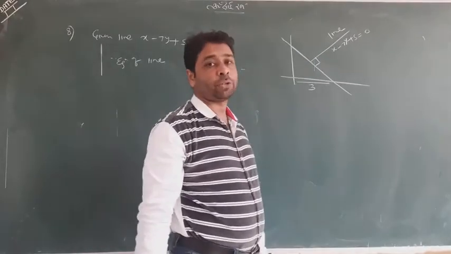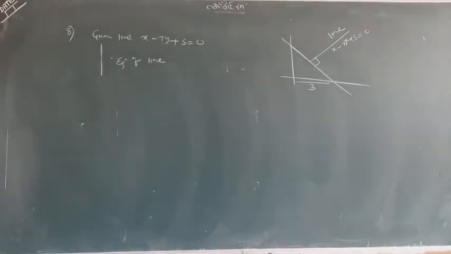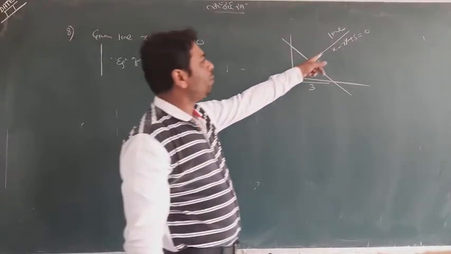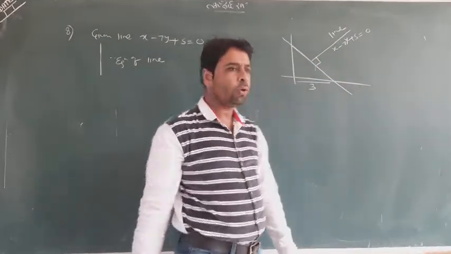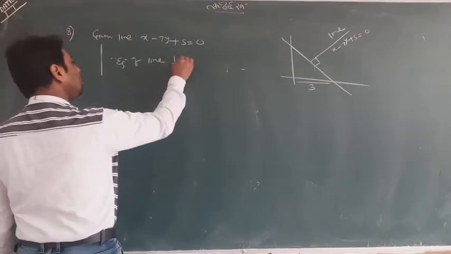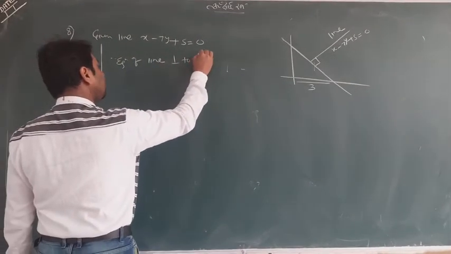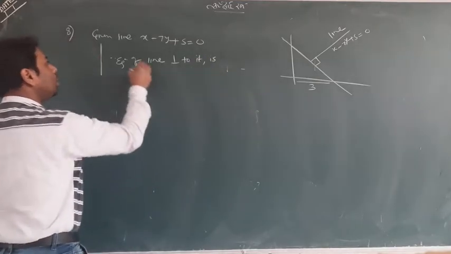This is the picture actually. But I am not interested to make a picture. We know that when we have this line, we can find this line. Okay, till here we'll go. So I write the equation of line perpendicular to the given line, using the trick I taught you.